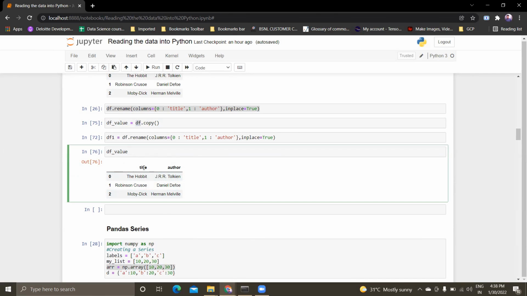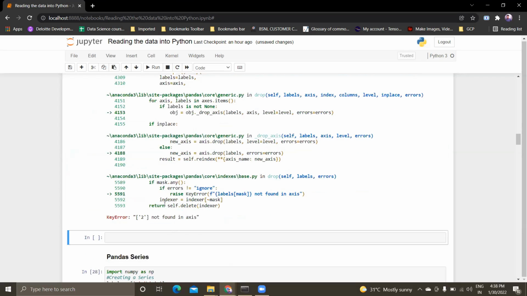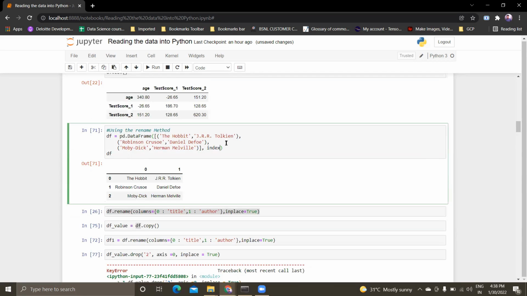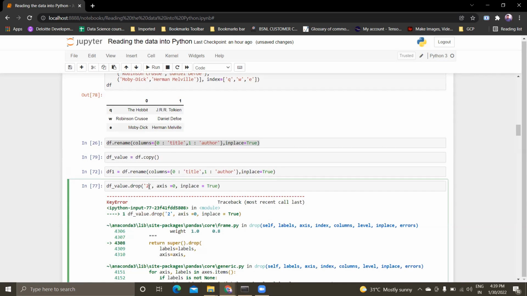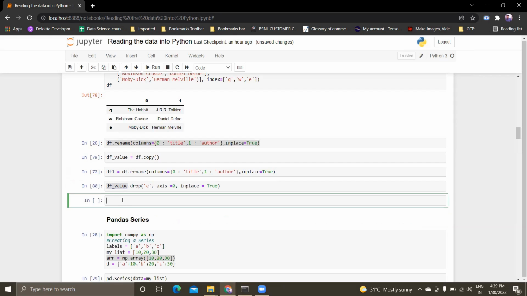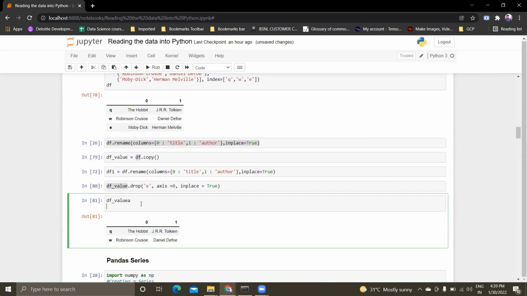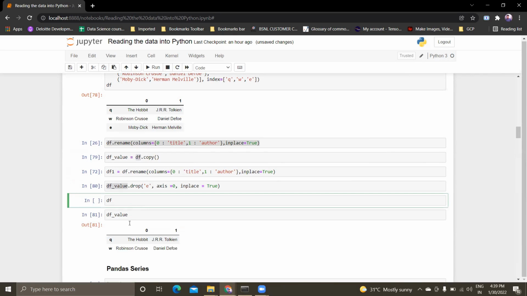Like if df_value has 3 records, and I'm dropping the second record from df_value, so my df_value will have only 2 records, but my df will have no changes. It will have 3 records.